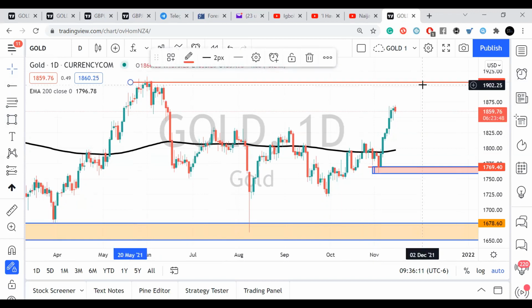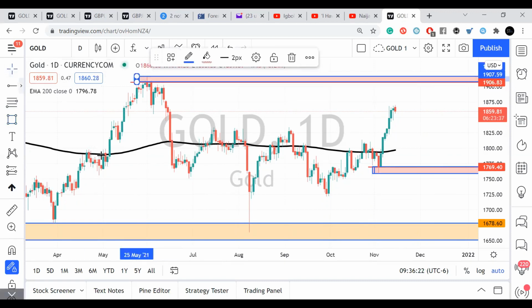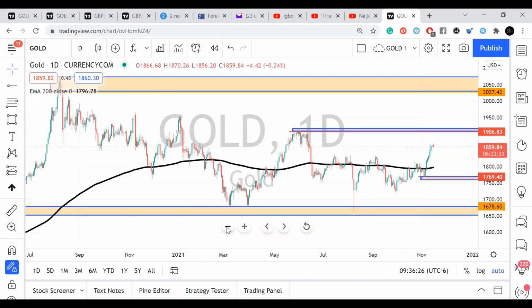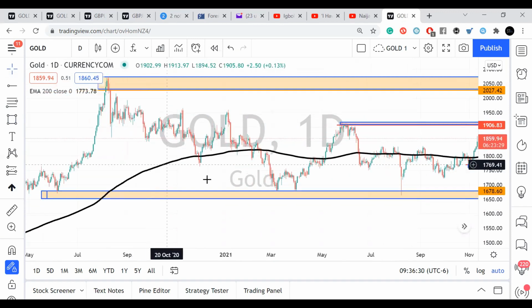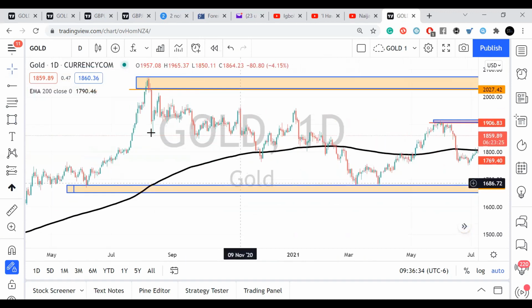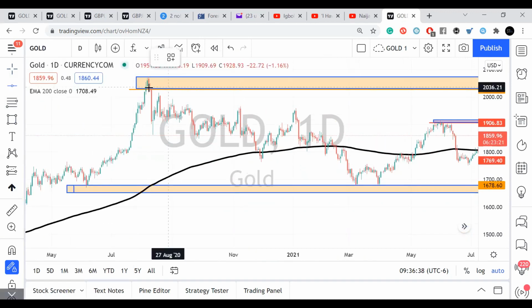So once price comes here, I'm expecting price to drop. So this is where I'm suspecting my daily high to be. And why do I choose there? Why do I choose there? So when you come back to what we did before, let me use the black line. When price moved from here,